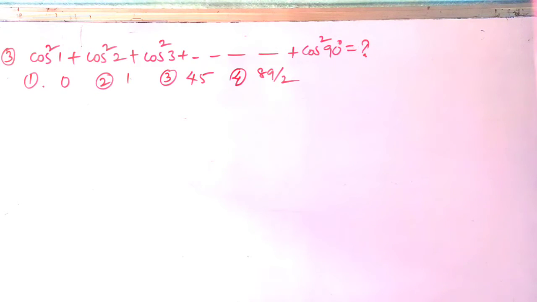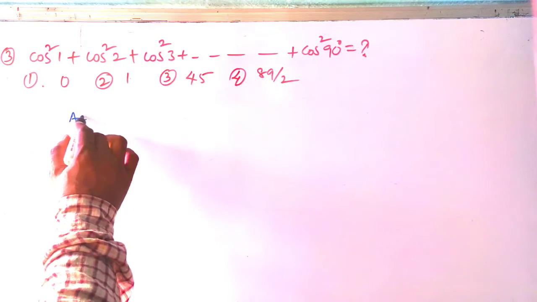Right, next question. cos square 1 plus cos square 2 plus cos square 3 up to so on cos square 90 is equal to how much? First option is 0, second option is 1, third option is 45, fourth one is 89 by 2. Okay, so see here,